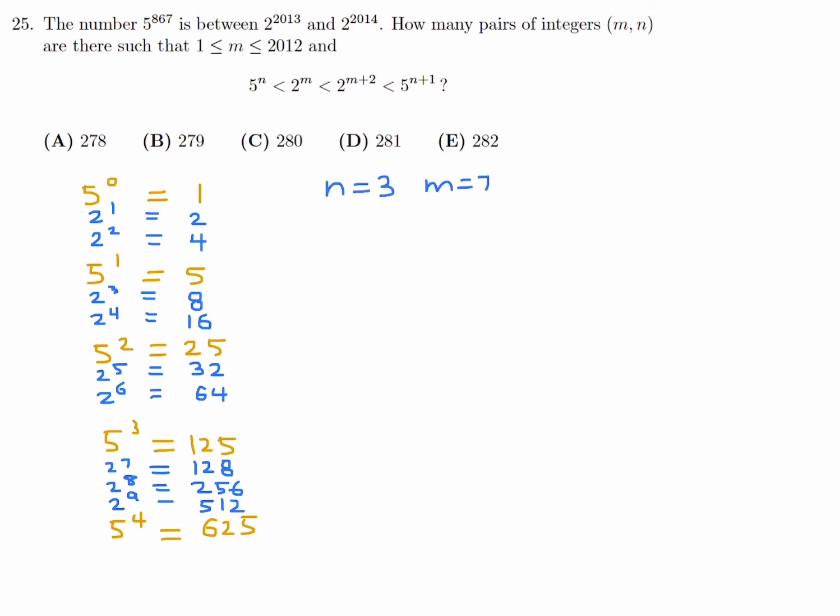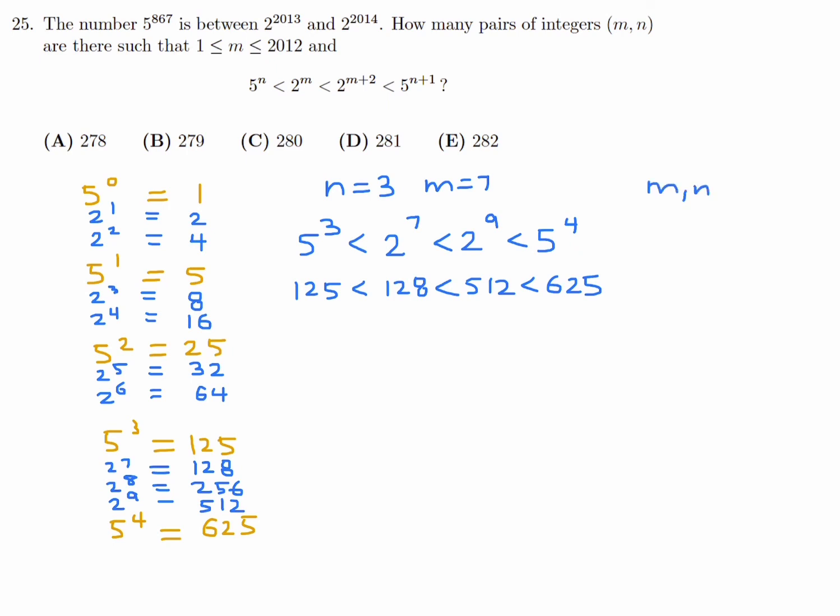So for example, 5 to the power of 3 is indeed less than 2 to the power of 7, which is less than 2 to the power of 9, which is less than 5 to the power of n plus 1, which would be 4. As you can see, 5 to the power of 3 is 125. That is indeed less than 128, which is less than 512, and that is, of course, less than 625. So that means this n and m is one possible pair. So one possible pair is